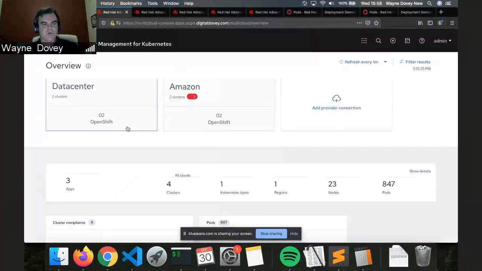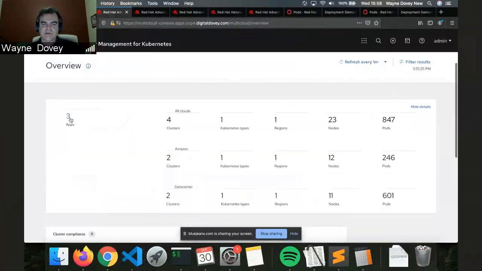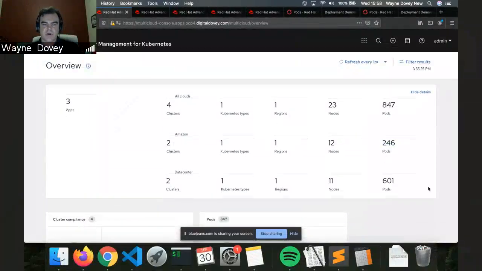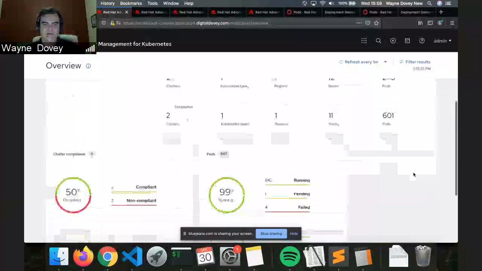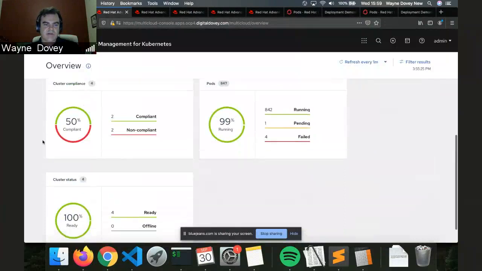And effectively, we're running two clusters in a data center and two in Amazon, as well as 3 applications, as you can see on the left there. And you can get a breakdown of the usage and distribution of the pods amongst the different providers. We also get a feel for what's happening on the compliance piece, as well as any kind of health status of the cluster. And in future versions, that's going to be improved going forward with integration to Prometheus and Thanos. So that's a federated version of Prometheus. So that's pretty exciting stuff.